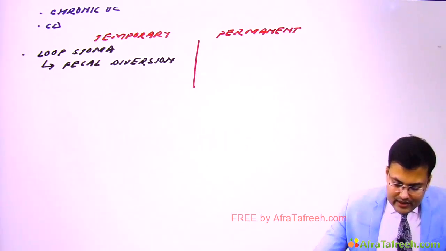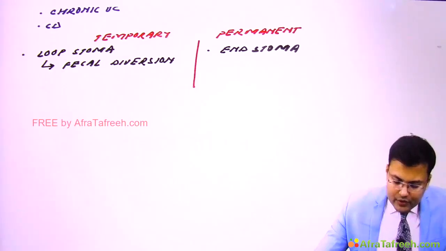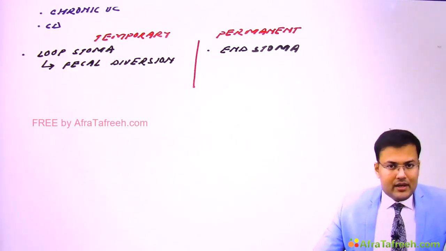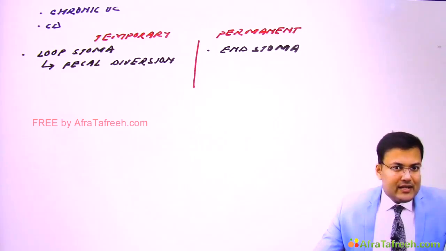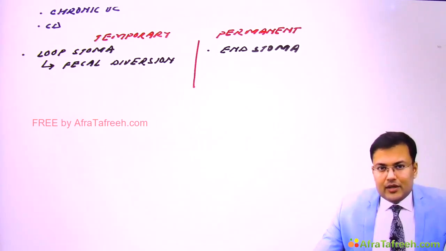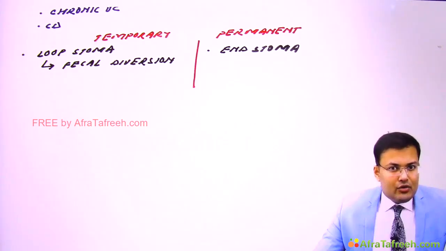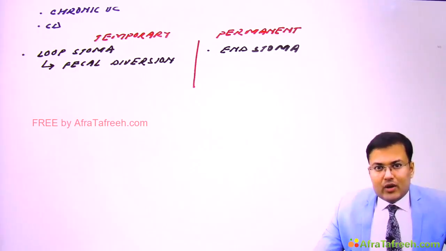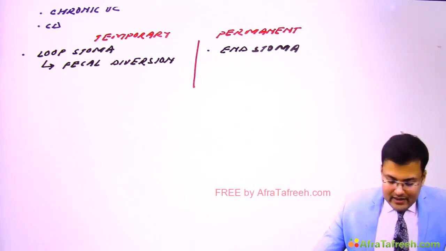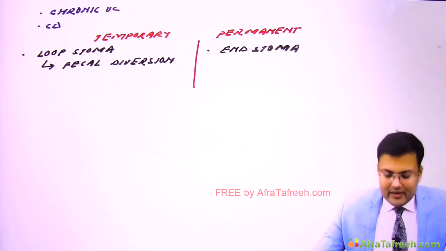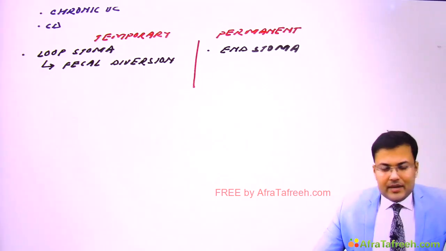Permanent stoma, generally these are end stoma. Okay. Let's discuss it with one example. Imagine a patient is having carcinoma rectum. And for this carcinoma rectum, we are going to perform APR, full form abdominoperineal resection. So you removed rectum, you removed anal canal, you are left only with sigmoid and you have taken sigmoid in the left iliac fossa permanently. So this is end stoma and generally this is permanent. Clear? So these are the types of stoma, temporary and permanent.